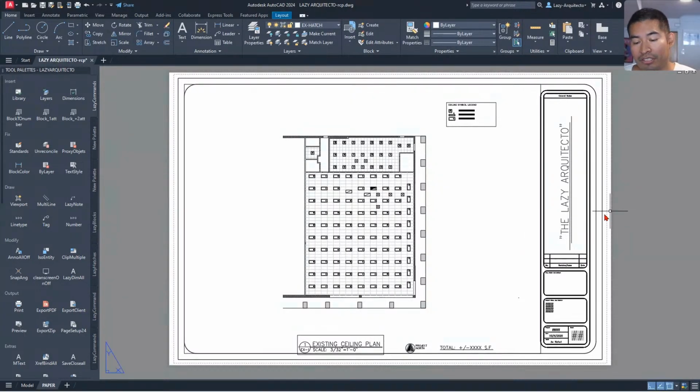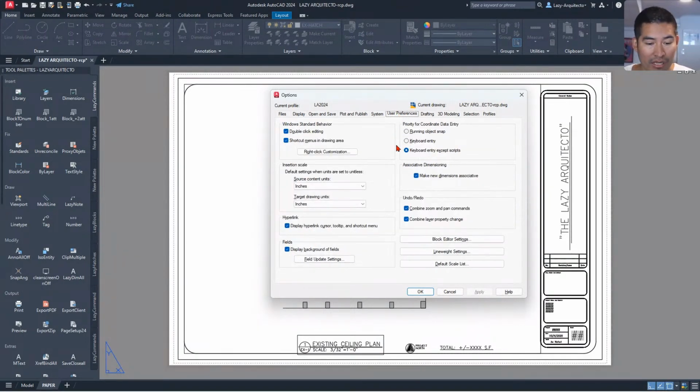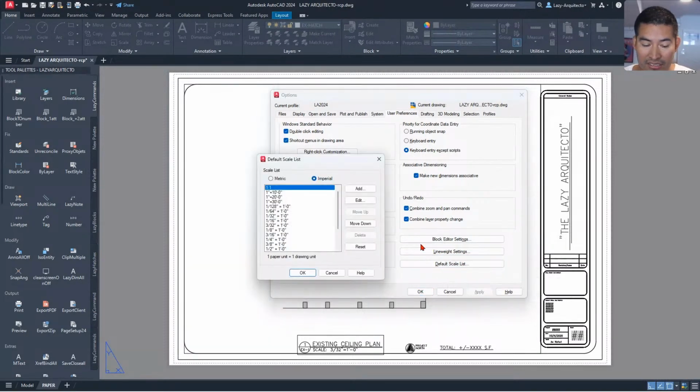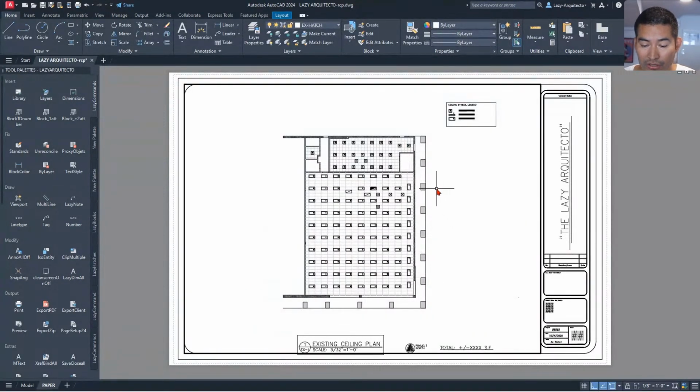But do you know that you could use the options dialog box to go under the user preferences tab and go under the default scale list option to hit the reset option and hit OK, of course. And this way, whenever you don't have a drawing scale, oops, wait, over here,